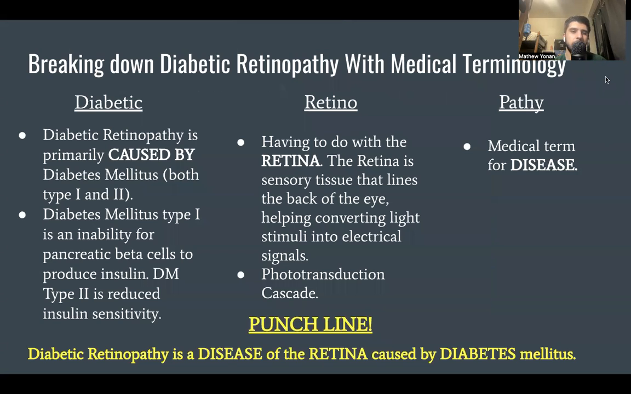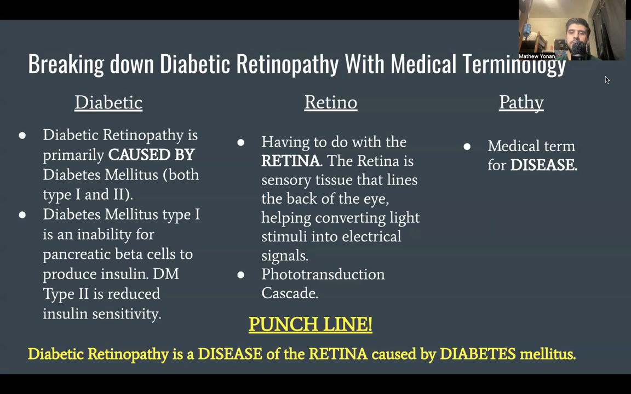First, the diabetic part there. So, diabetic retinopathy is primarily caused by diabetes mellitus, both type 1 and type 2. And I say primarily because it also could happen in pregnancy because of elevated blood glucose levels, but it's primarily caused by diabetes mellitus. So diabetes mellitus type 1 is an inability for pancreatic beta cells to produce insulin, and diabetes type 2 is